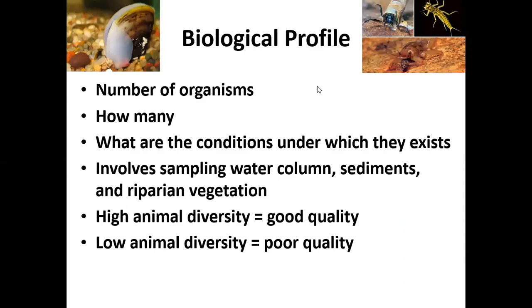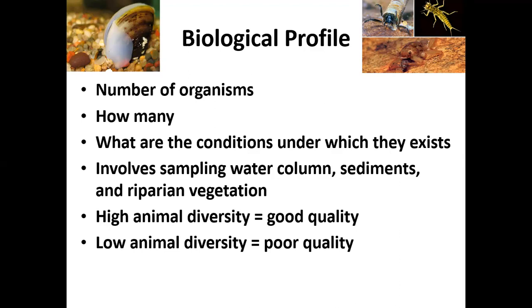Now, biological profile. This is easily one of the easiest ways to look at the quality of the water you're looking at. So you always want to see the number of organisms. And you might think that, you're looking at a stream and there's nothing in there, but there's all kinds of organisms growing in that stream and under the rocks, in the water. And the more number of organisms, different kinds of organisms, and the more diverse it is, the better the water quality. Okay. So you got to look at the water, you got to get down and kick up some of the sediments there and